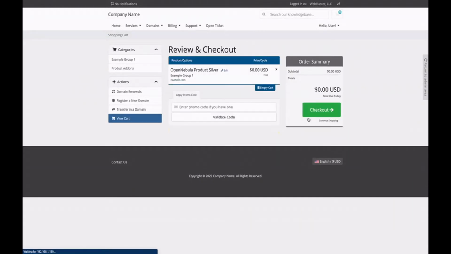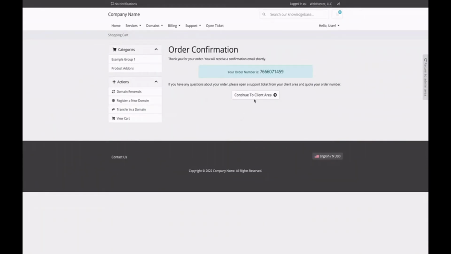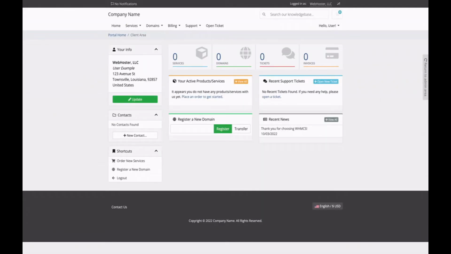Here you can see the metric values there. We'll check this out, and we'll complete this order. Then we can see the order confirmation number. We can go look at the client area, and since this needs to be manually approved, you'll see there's still no services. We'll navigate to the admin area of WHMCS again,